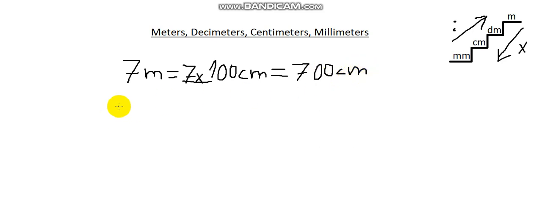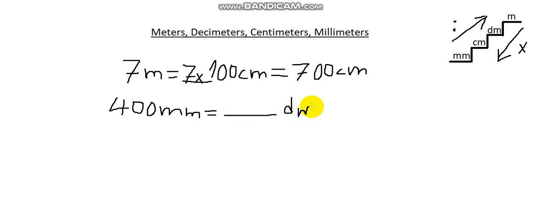Now, what if I'm moving up the ladder? Let's say I have 400 millimeters, and I want to convert that into decimeters. Like this. So I would be starting from here, from the millimeters, and moving 2 steps up,